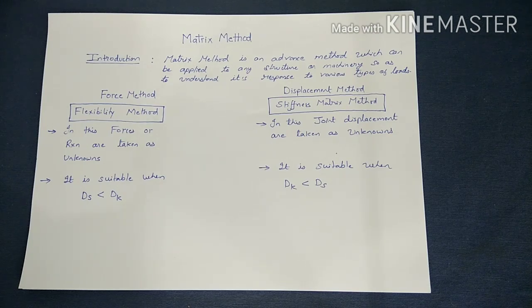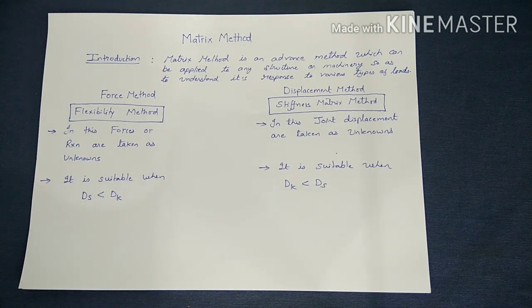This method allows an engineer to feed various parameters such as bending moment, slope, reaction, etc. at any section of a complex structure in a computer so as to get the proper response or behavior of that structure using standard software. These parameters are fed in arrays in the form of a matrix. Matrix method includes two methods. First is flexibility method, second is stiffness method.